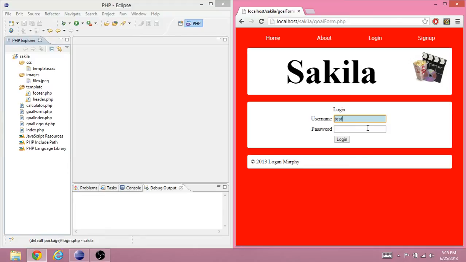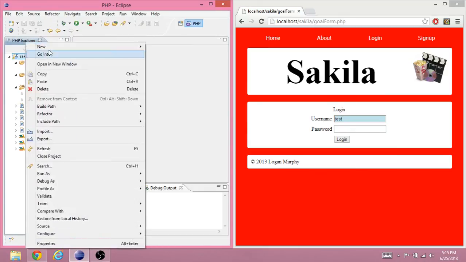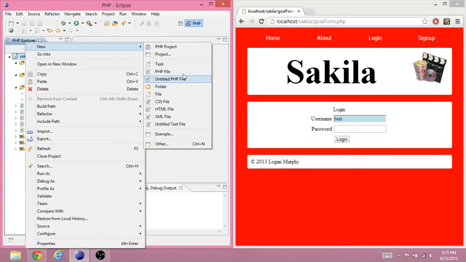For this video we're going to learn how to keep track of who is logged in by use of this session. In order to log a person in, we're going to use a form. It takes a username and a password. So we're just going to create a simple form that uses simple logic. We're not going to require a database yet, but we're going to make it so it's easy to incorporate a